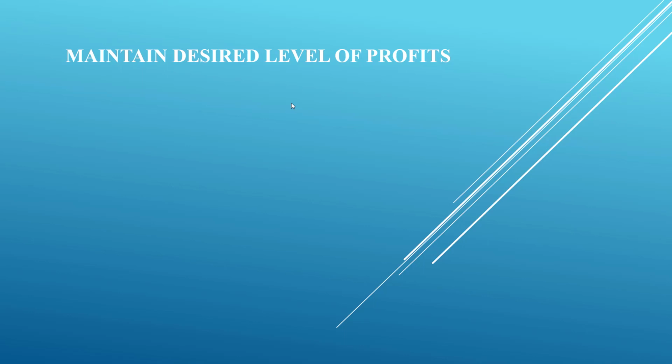They will not. Their main objective is to earn profit, right? Their main objective is not to suffer any kind of losses, right? Or else they will at least try to avoid the losses. Okay, they will not go beyond those losses. So to maintain the desired level of profits, the company has to have an estimation that this much profit we will be earning in the future. Now, we'll see how they can maintain the desired level of profits.